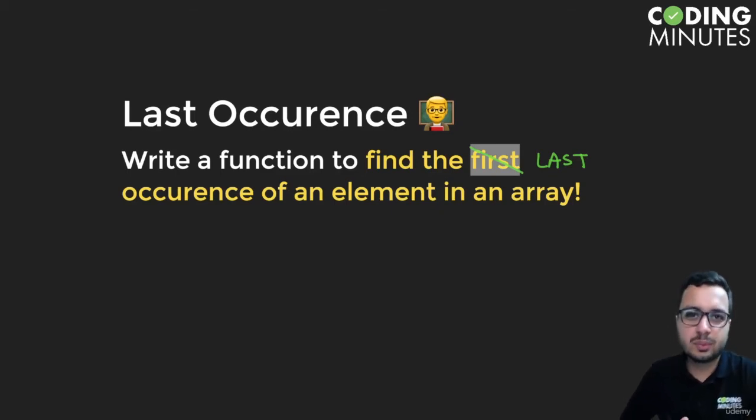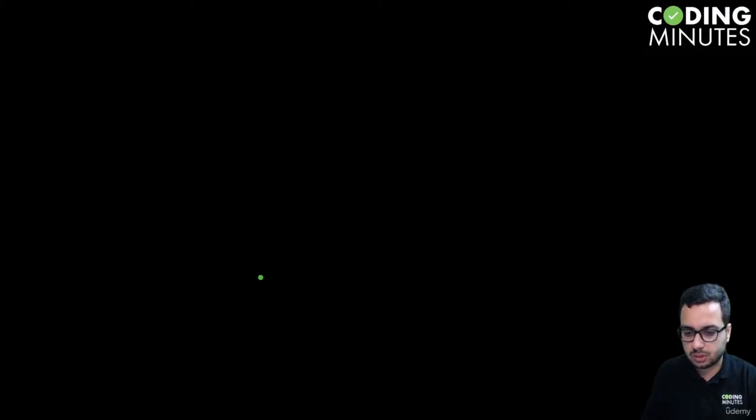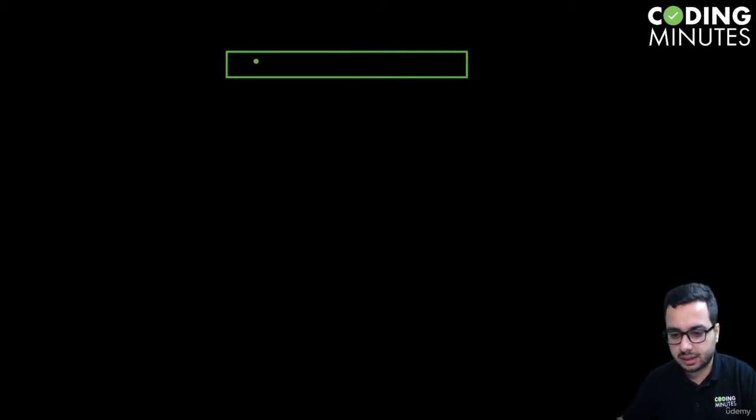Hi everyone, now I'm going to slightly twist the last problem that we have solved. In this question, we need to write a function that basically returns the last occurrence of an element in the array. So let's take one more example this time, and using that example I'm going to show you how you can solve this problem. Maybe let's say we have this array and the elements are 1, 2, 7, 6,